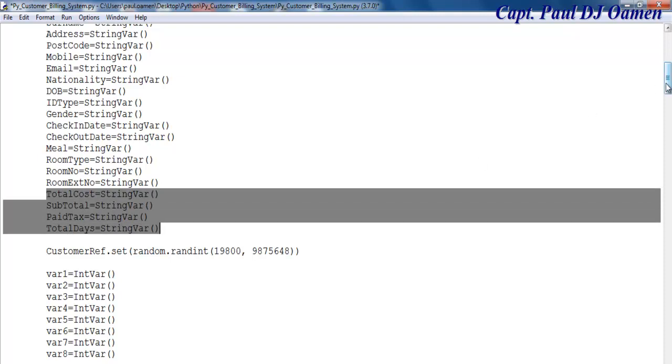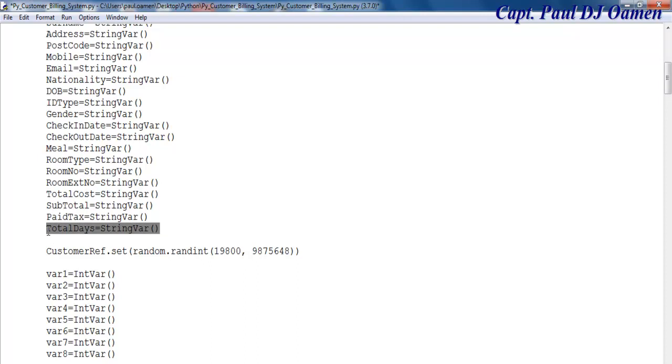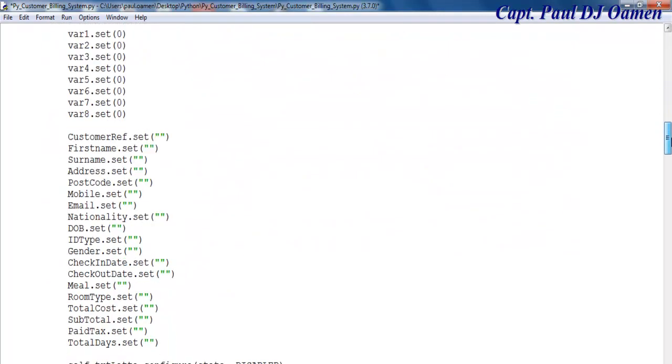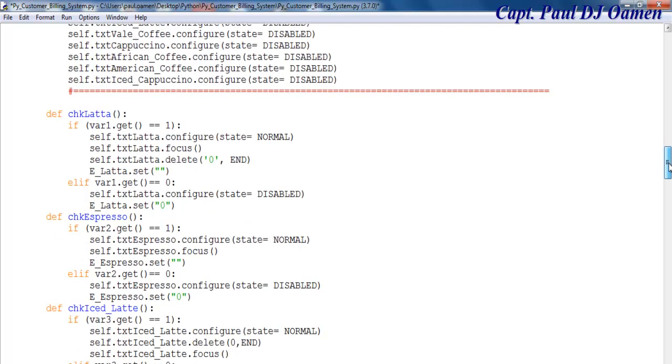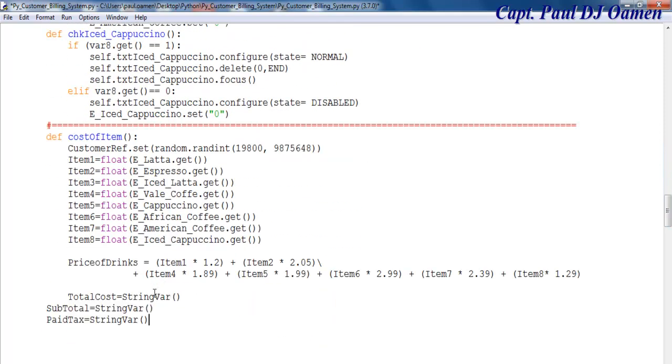Copy that and bring it down. I don't have total dates. I'm going to get rid of that. I've reversed that. So these are the ones that I'm going to need. Copy. Come right down here. Where is it? Yeah. Paste